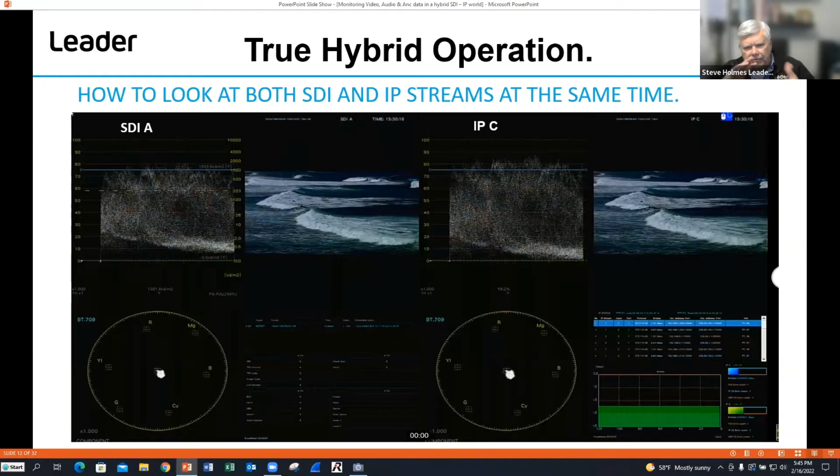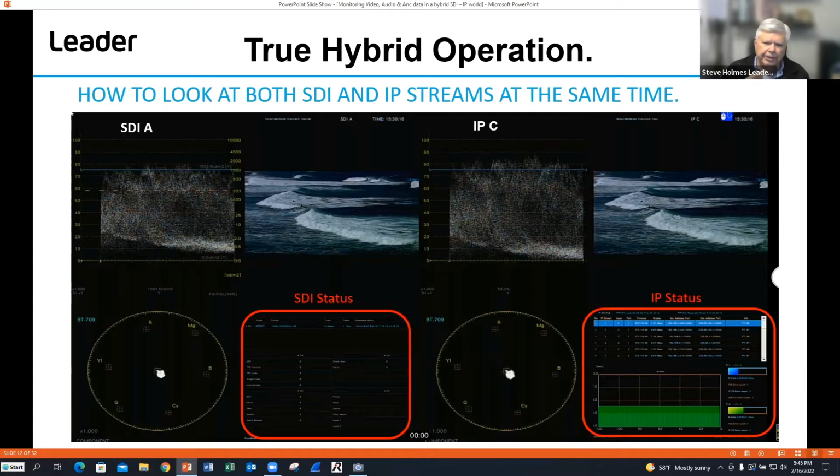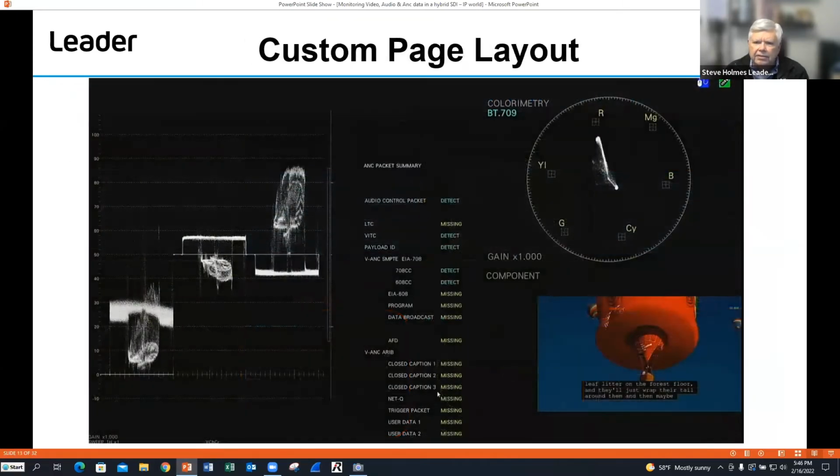generally starts around the switching and the routing, making sure that everything flows through that part, and bringing up the status windows that make sense for SDI, looking for CRC errors and anything that's screwed up in the SDI field, and looking at the IP status to make sure that I have my video flow, my audio flow, and my ancillary data flow, and everything's coming in. But beyond that, we want to go out to the scope, look at waveforms, look at the picture, make sure we've got captions there, possibly look at a vector scope, maybe look at the ancillary data,